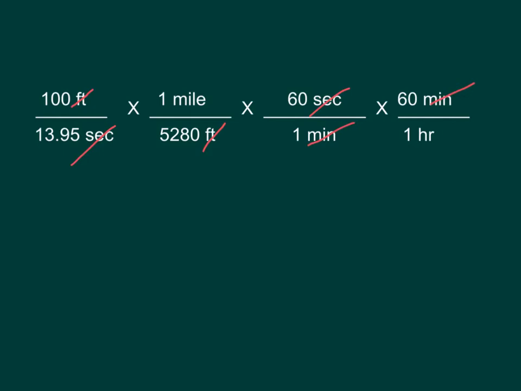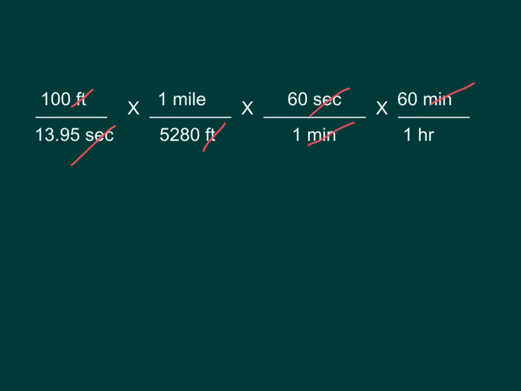Now what we're going to do next is start out with your calculator. I'd like you to punch along with me here. Start out by entering the 100 on your calculator. Now we're going to divide that by 13.95. Then we're going to multiply by 1. We're going to divide by 5,280. We're going to multiply by 60, divide by 1, multiply by 60, divide by 1, and lastly we're going to